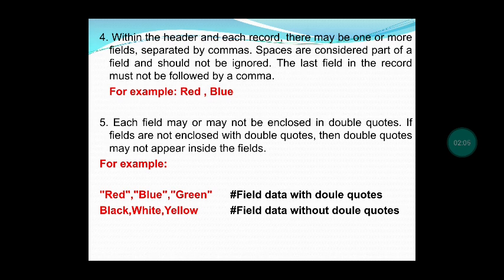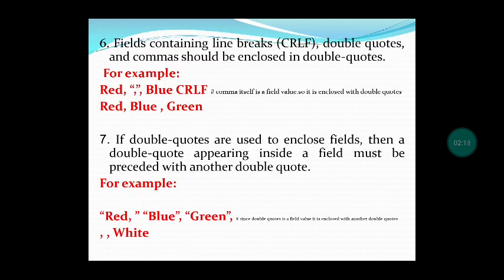Here, two examples have been given. In the first example, data has been given with double quotes, and in the second example, the data has not been given in double quotes. Next rule, if you want the comma as an output, you should give the comma also inside double quotes. Then only in the output also the comma will appear. And the final rule, if you want the double quotes to appear in the output, you should give the double quotes also inside another pair of double quotes.